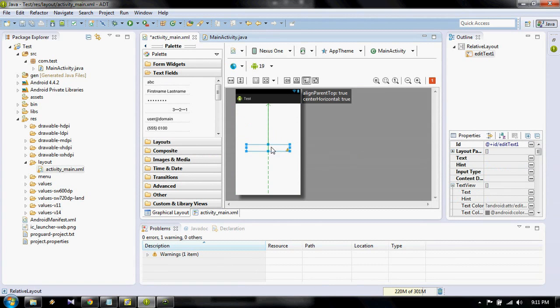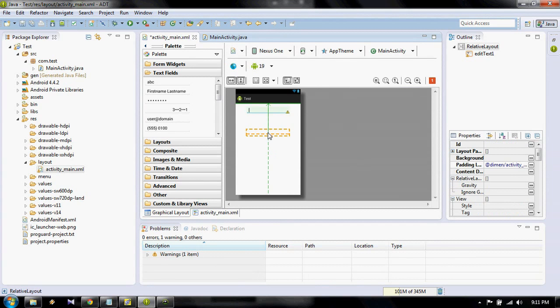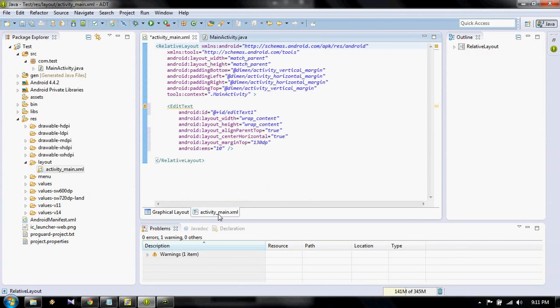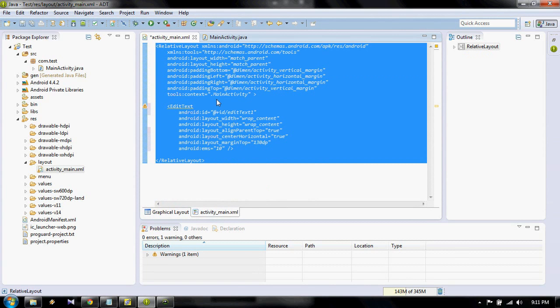You don't need to write the script because Eclipse automatically creates the XML. Here you can see the script for your layout. You can choose whether you want to view the graphical layout or the script.